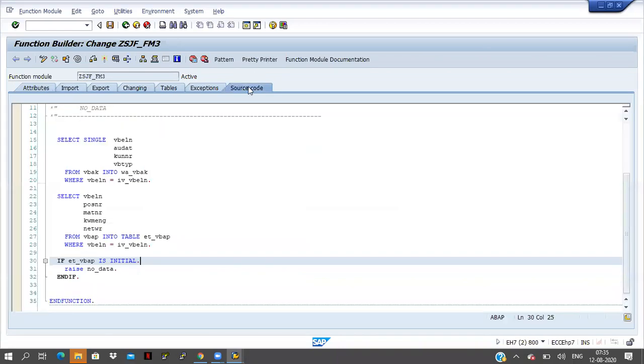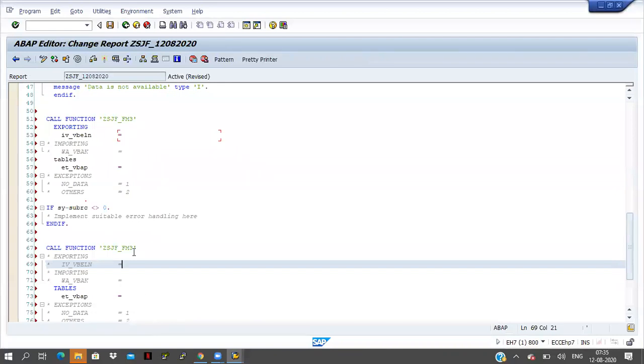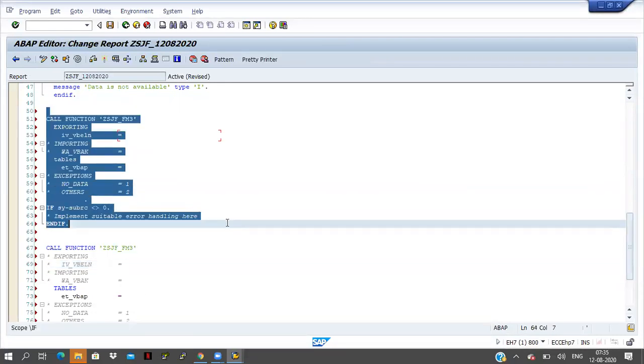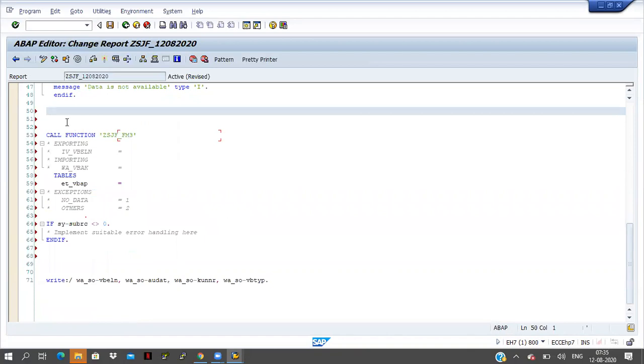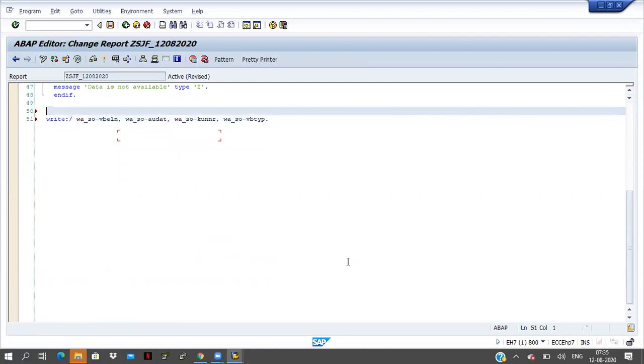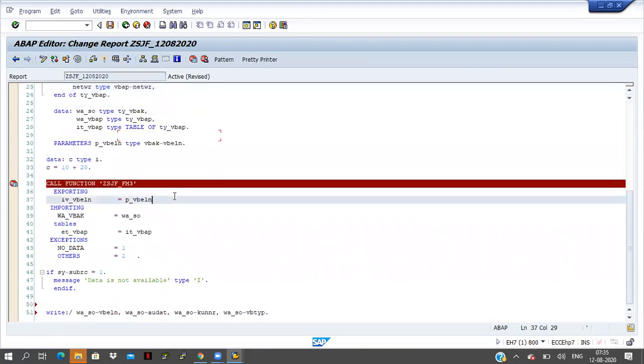This is a single parameter I am passing, right?